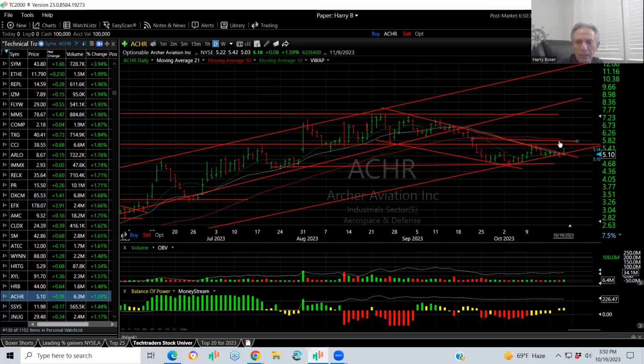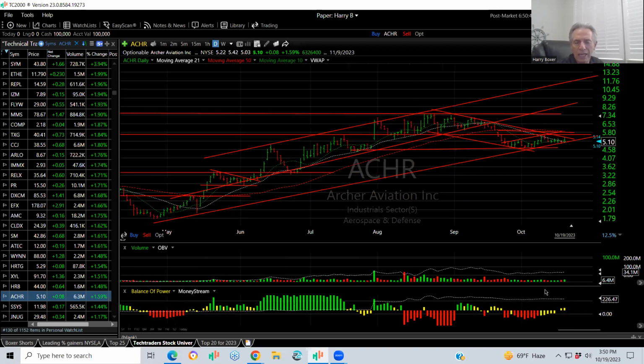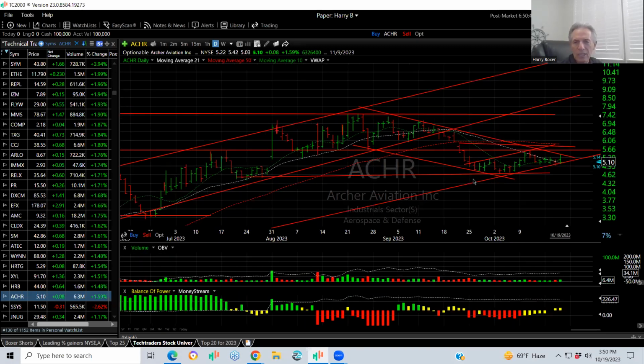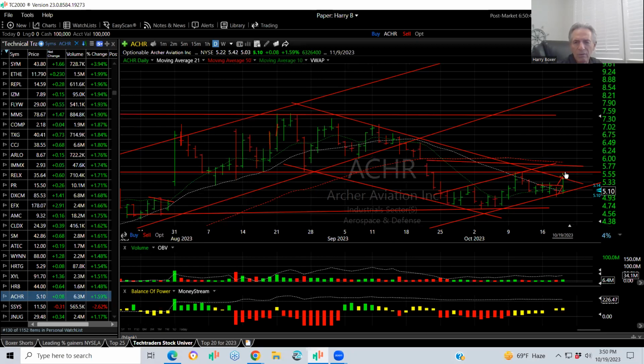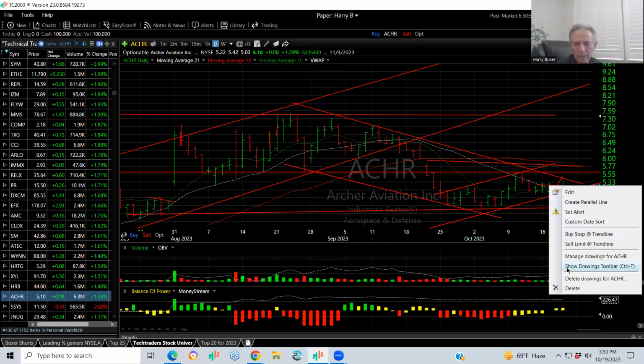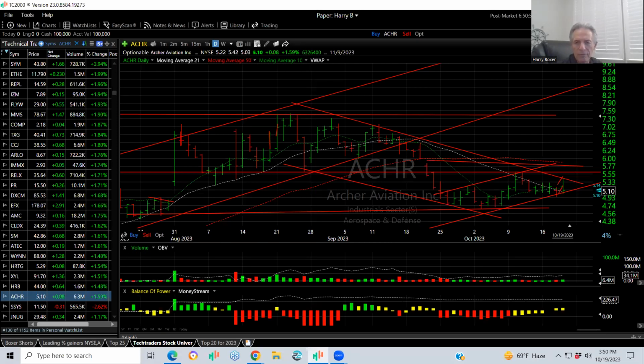I'm a little worried about this pattern being a bear flag or bear wedge. Take a look. Once you break support and then you form that, if the volume is low and it's flat, it often will go lower. So this is not good. And today's reversal bar doesn't help things. So be careful. If you're in it, do a quick stop on the 4.9095 and then you can always go back in, okay? There's one thing about trading. There is no commissions. Trade for free. You can go in and out like changing your underwear, right?